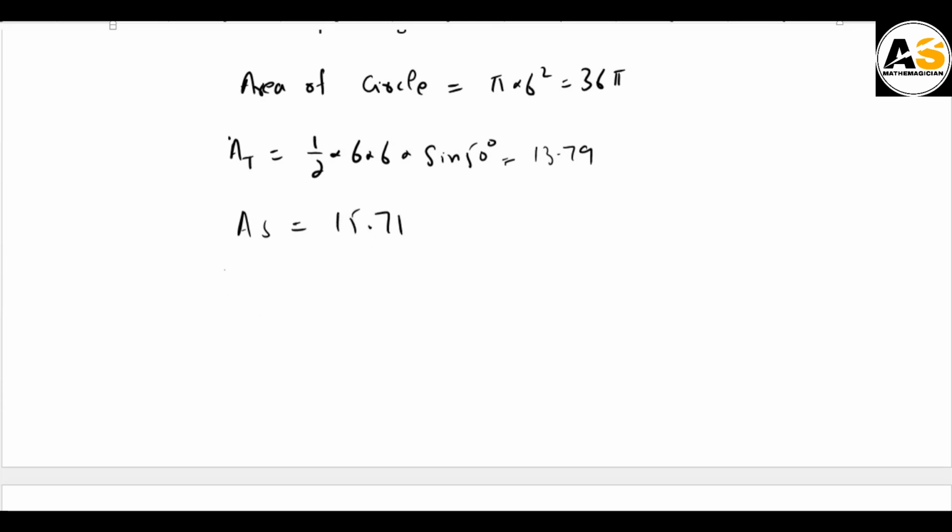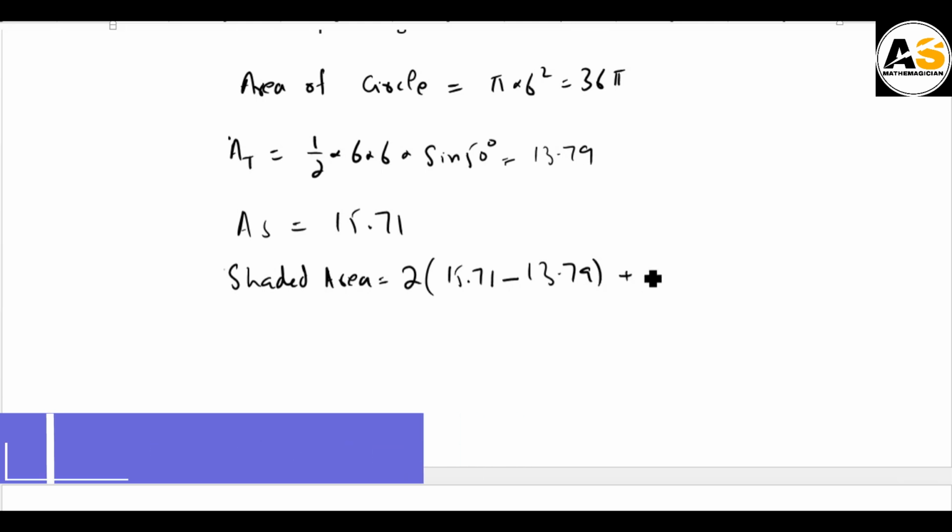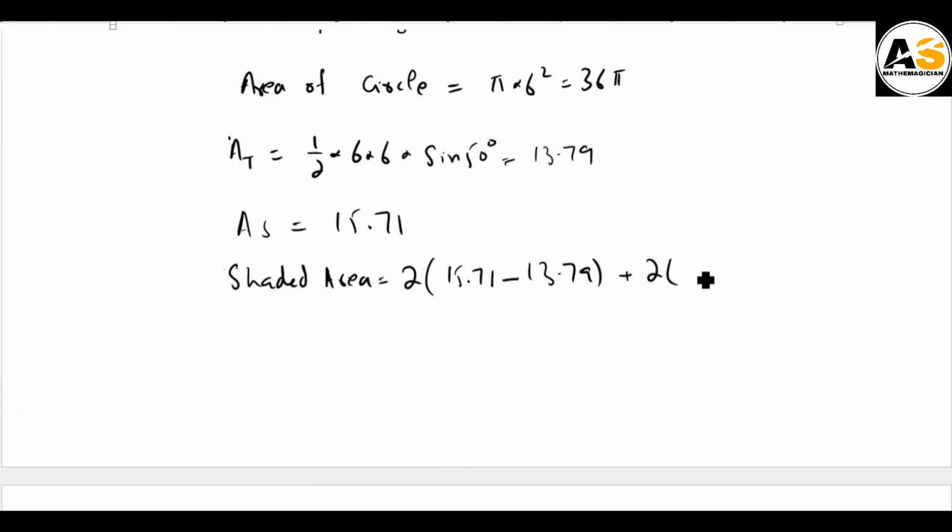The shaded area is 2 times the area of the shaded segment, 15.71 minus 13.79, plus 2 times the area of triangle AOB, which is 13.79. Now this will give us the shaded area: 31.42